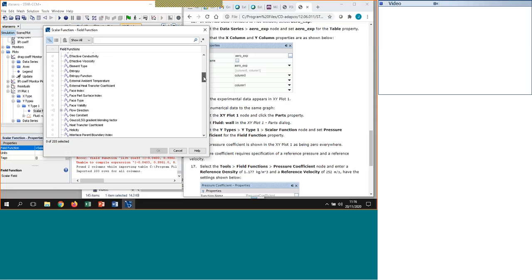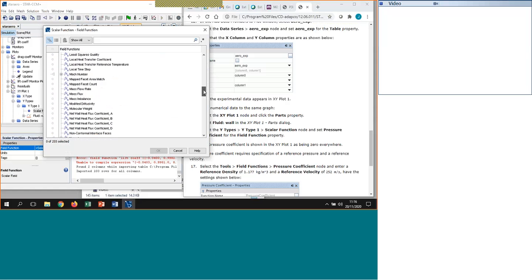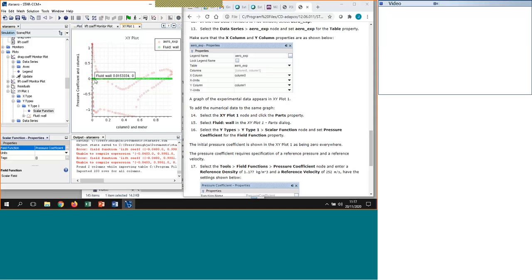And we look down for the pressure coefficient. So many things in here, but yeah, pressure coefficient is the one we want. Click OK, and that's putting the pressure coefficient into the plot. And at the moment it's all 0 because we haven't run the simulation. Okay,